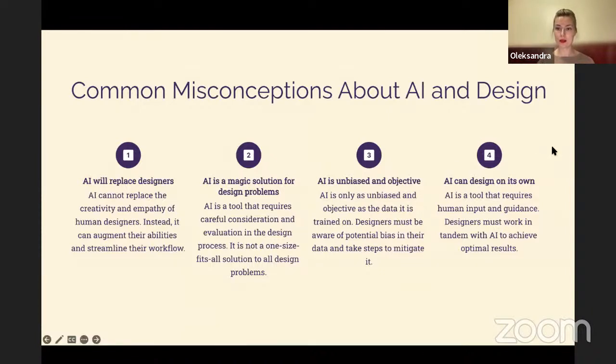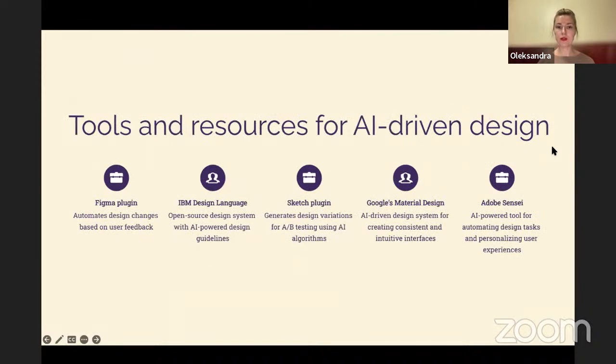Okay. Let's proceed to the tools and resources for AI-driven design. Here you can see listed some of the tools, and I believe some of them are already familiar to you, such as the Figma plugin, or if you're using Sketch, it also has its own plugin. For Adobe users, there is Adobe Sensei, and also listed are IBM Design Language and Google Material Design as